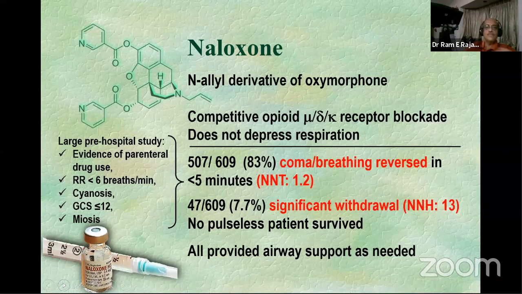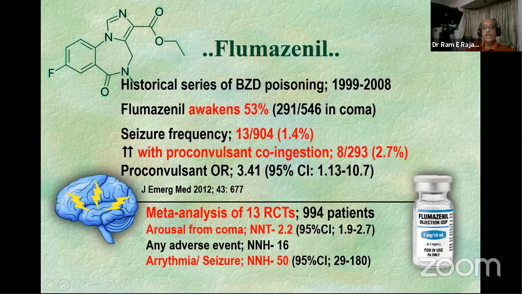How about flumazenil? Okay, and flumazenil, again, when you look at it, in patients with a suspected benzodiazepine overdose, the meta-analysis will show you a very similar kind of benefit in terms of arousal from a coma. The number needed to treat there, I said, was only one every 1.2 patients. Here it is 2.2 patients. That's not too bad at all. The fact is, 1 out of every 2 patients that you treat will wake up when you give them flumazenil, even if it is transient, okay? So half of them will definitely wake up.